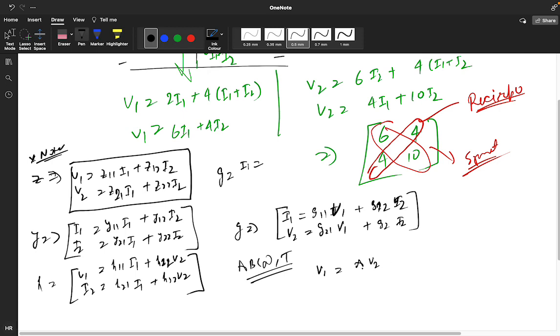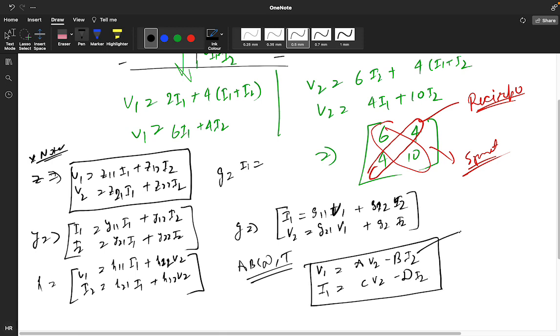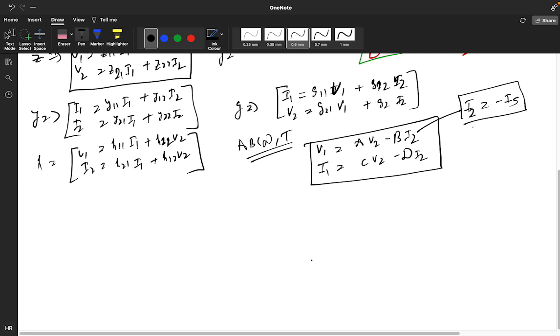Whether it will be V1 or V2. V1 is equal to AV2 minus BI2, and I1 is equal to CV2 minus DI2. So what does I2 mean? I2 is equal to minus IS, and this is something you should know, because in the ABCD parameter